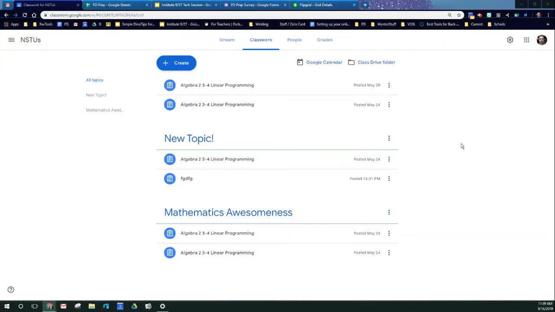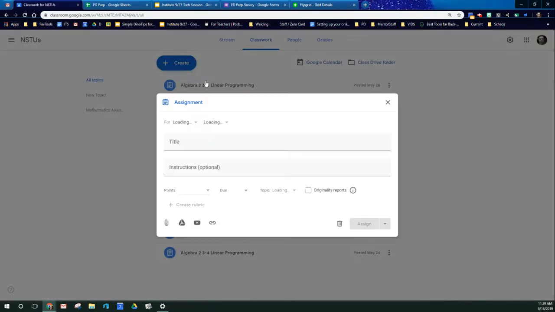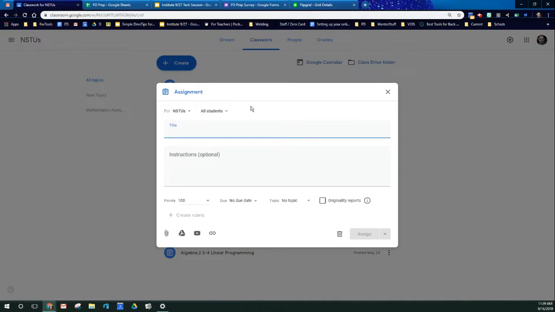In this video, we're going to look at creating assignments on a classwork page. So if you aren't already there, go ahead and go to the classwork page. This create button gives us a variety of different options, and the first one is assignment. Clicking on assignment will bring us to this new window, and from top to bottom, left to right, we'll read